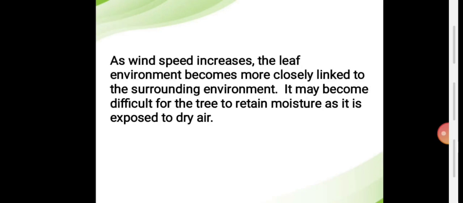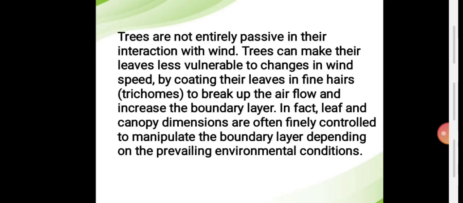As wind speed increases, the leaf environment becomes more closely linked to the surrounding environment. It may become difficult for the tree to retain moisture as it is exposed to dry air. On the other hand, moderately high wind allows the tree to cool its leaves more easily when exposed to full sunlight. Trees are not entirely passive in